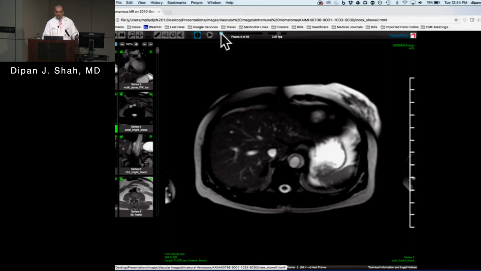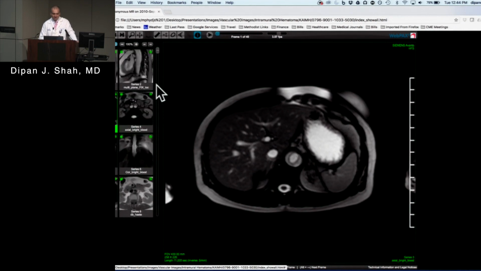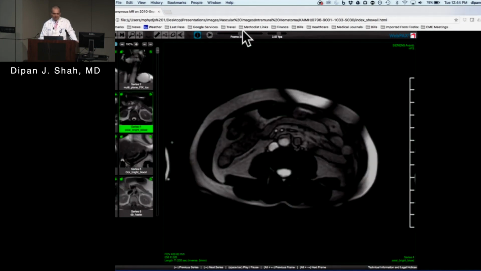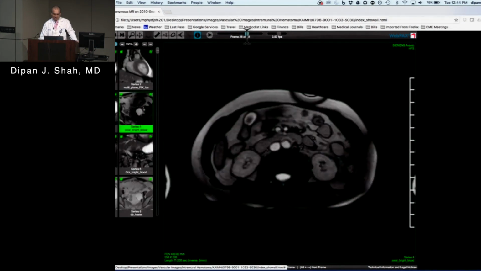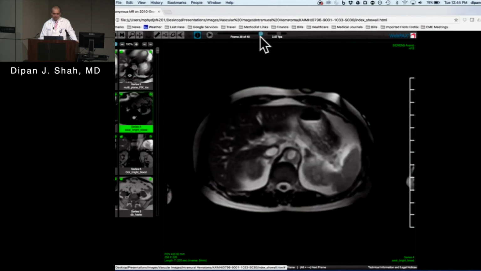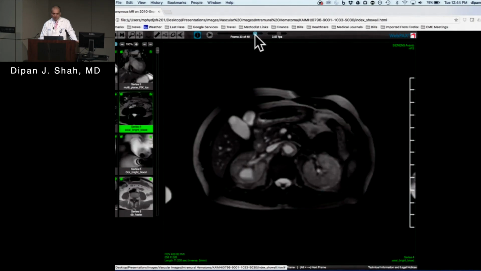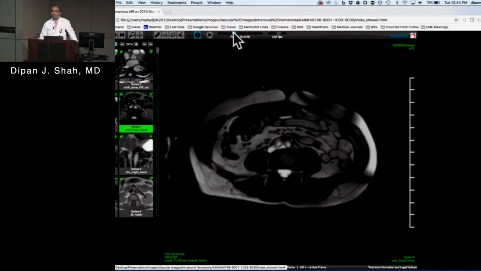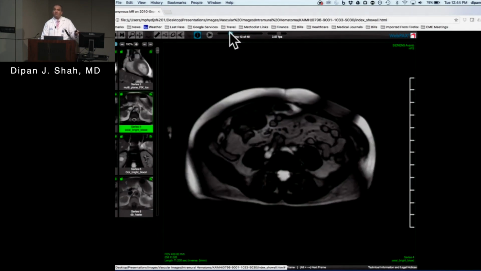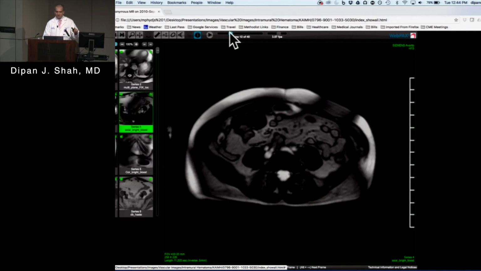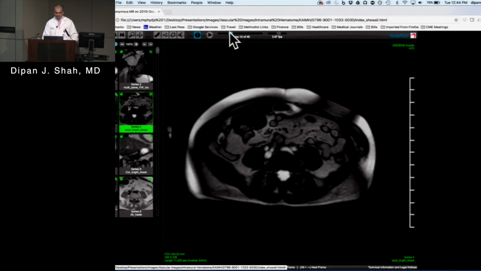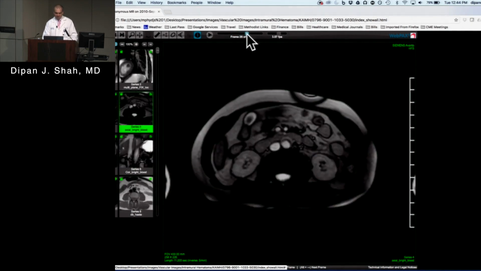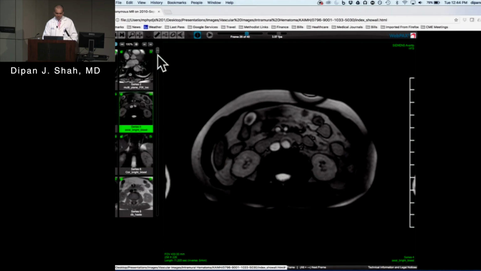So how would you describe the abnormality we're seeing? And then this goes down into the abdomen. Let me show you the abdomen real quick as well. Okay, so the question is, some people said thrombus? Okay, so dissection with thrombus in the false lumen. Okay. Now let me show you,